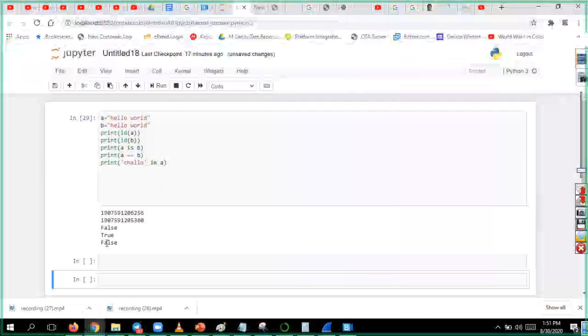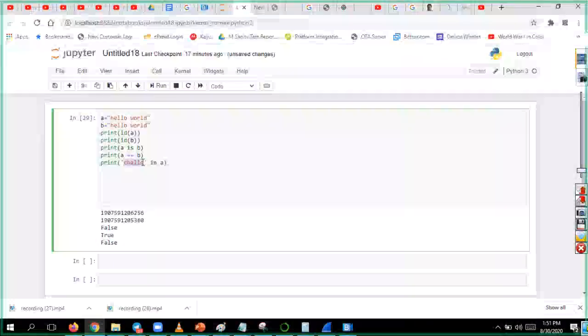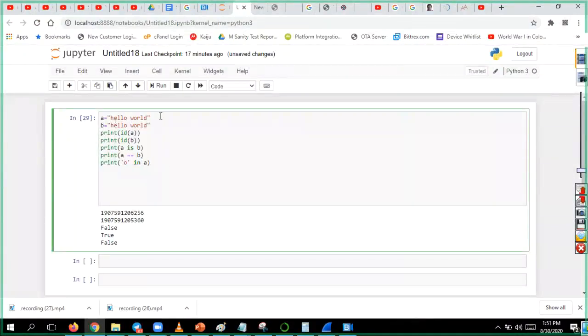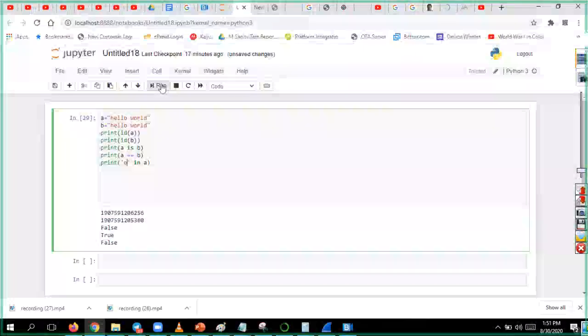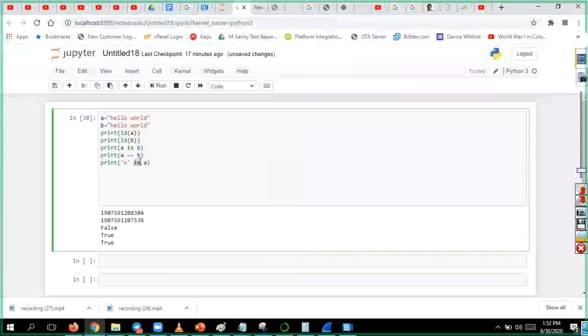It is false. Chalo is not there. But if you want to check not only words, if you want to check whether O is in hello world in A, you are checking whether O is a member of A or not. This is called membership.